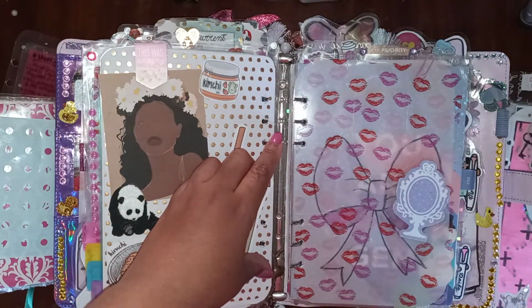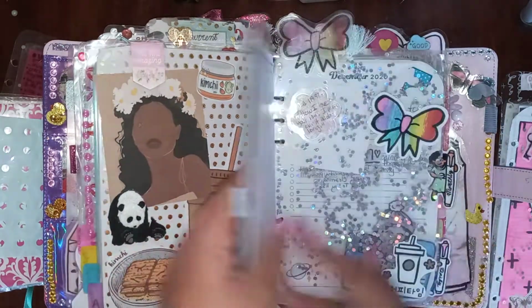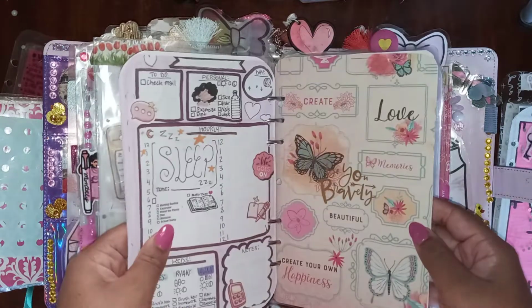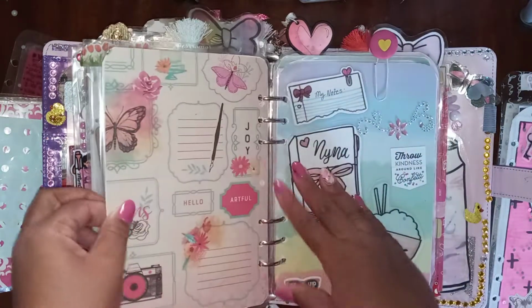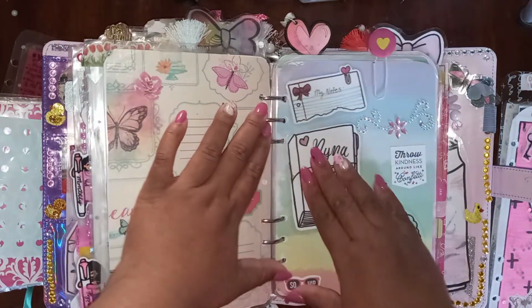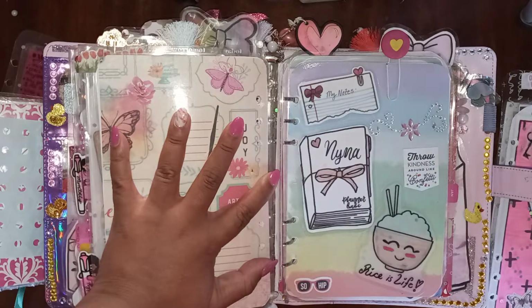So I'm just going to take that out, set it to the side nicely, neatly, and I'm going to go past this to here. Make sure, yeah, because this marks the end of the year for me for some reason. I don't know why it does. It just kind of does. And this marks the beginning of the new year for me. So